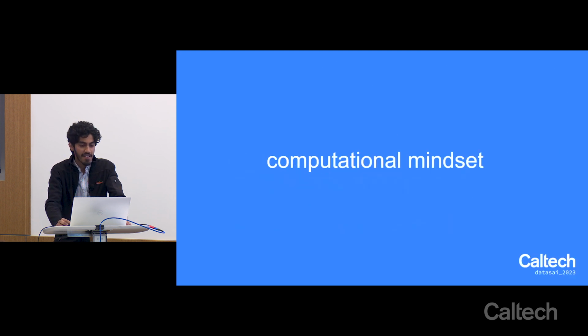Good. OK. I'm going to spend a few minutes talking about the philosophy that we're going to follow in this course. To that end, I'm going to talk about trying to shift our mindsets to what I'm going to call the computational mindset. This is particularly relevant if you come from a world of experimental neuroscience, where we often take a lot of time thinking about different experiments. A lot of effort goes into each experiment.